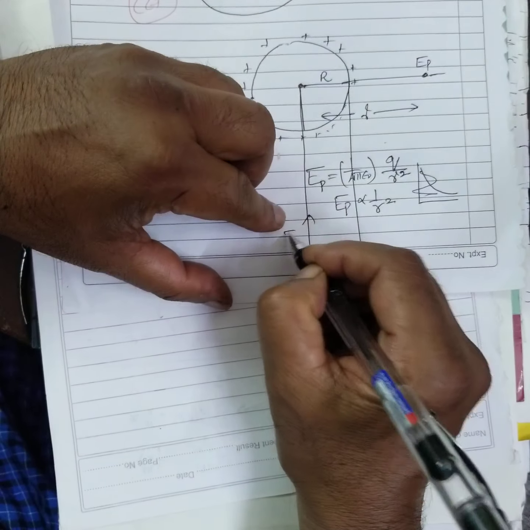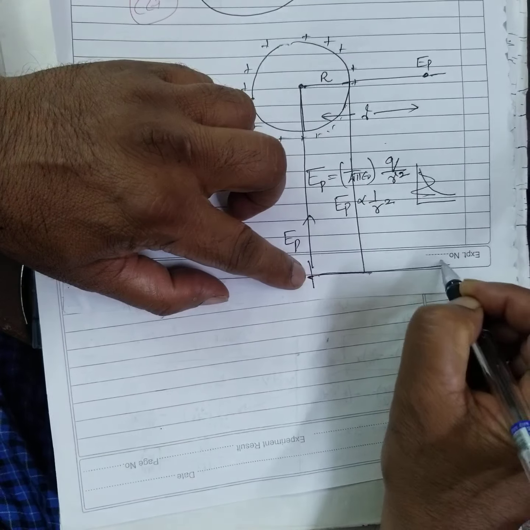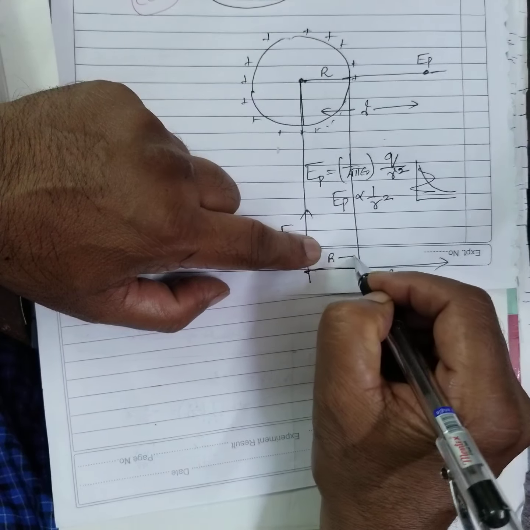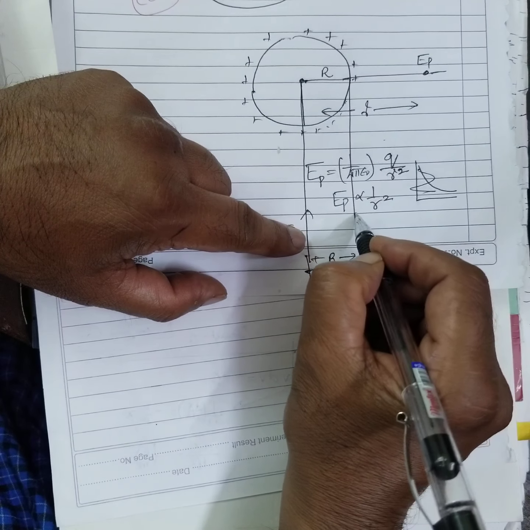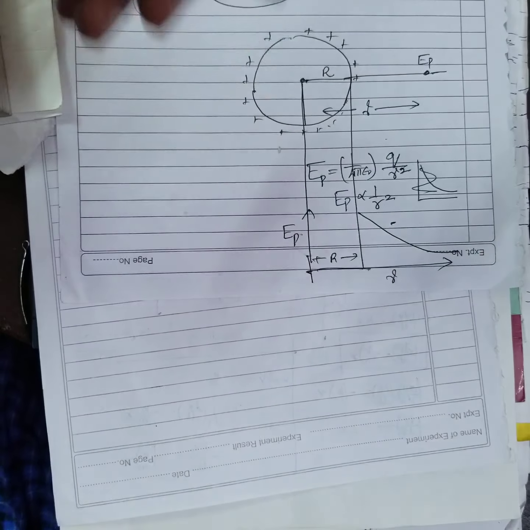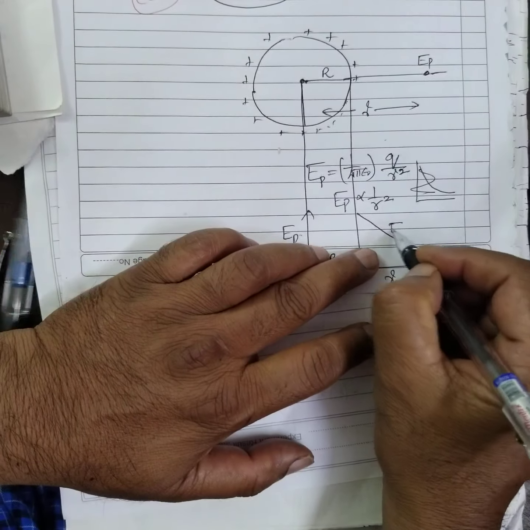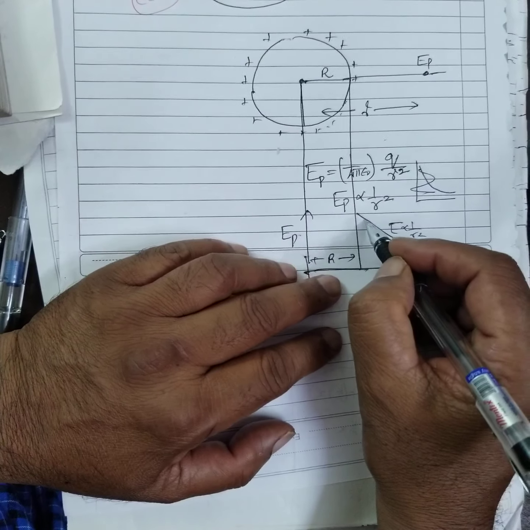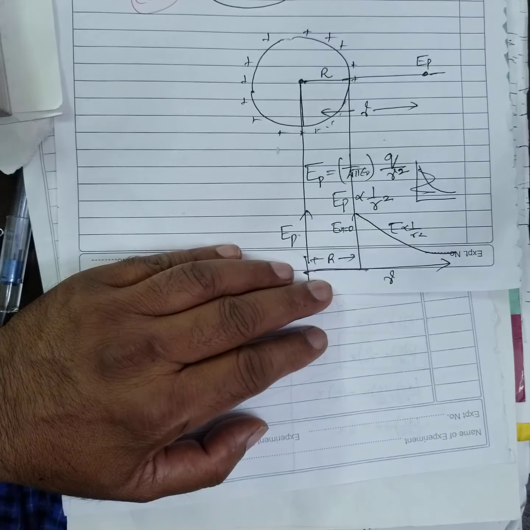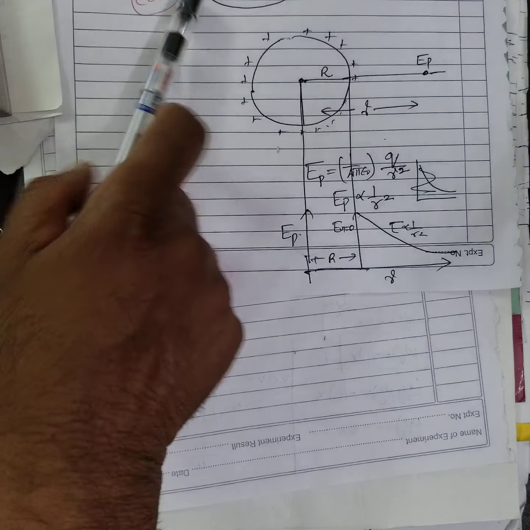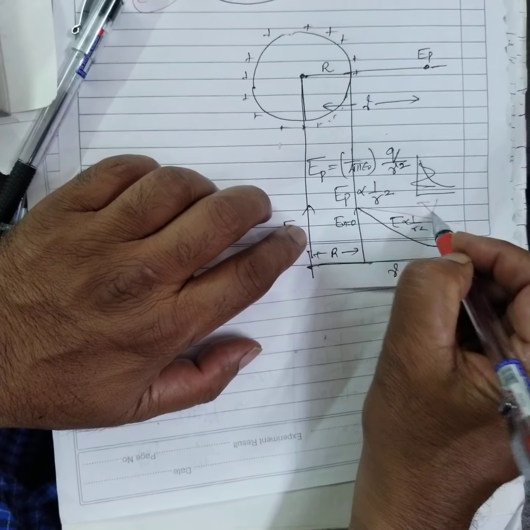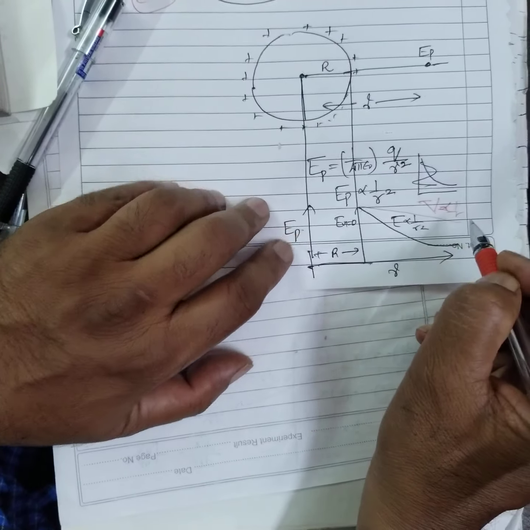Here if you take electric intensity versus distance, this is R. Electric intensity gradually decreases like this. Therefore electric intensity is inversely proportional to r square. But once you come inside, the electric intensity inside is 0. But what about the potential? The electric potential is inversely proportional to r.